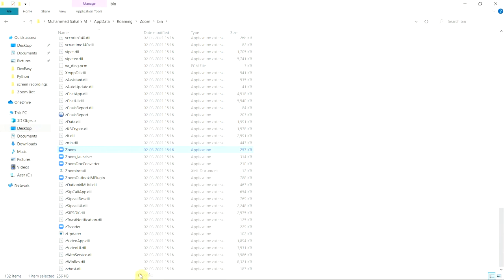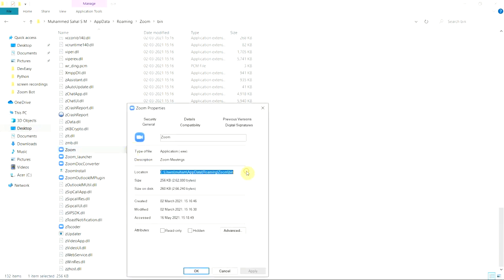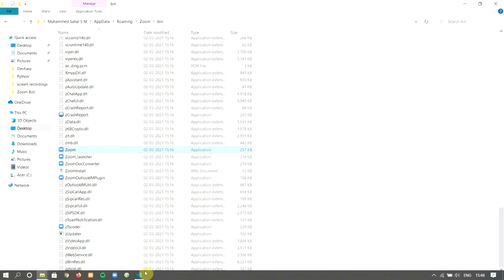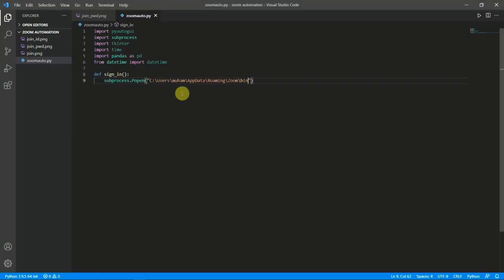So we will again right click and go to properties. We will copy the path, and then you have to look at the application name properly, capital Z, and it is a .exe file. So we will just paste that here, and then we had zoom.exe. The single backslash won't work in this case. You might get an error. So it's better to use a double backslash. We will put it quickly. Okay. So now this must help us to open the Zoom.